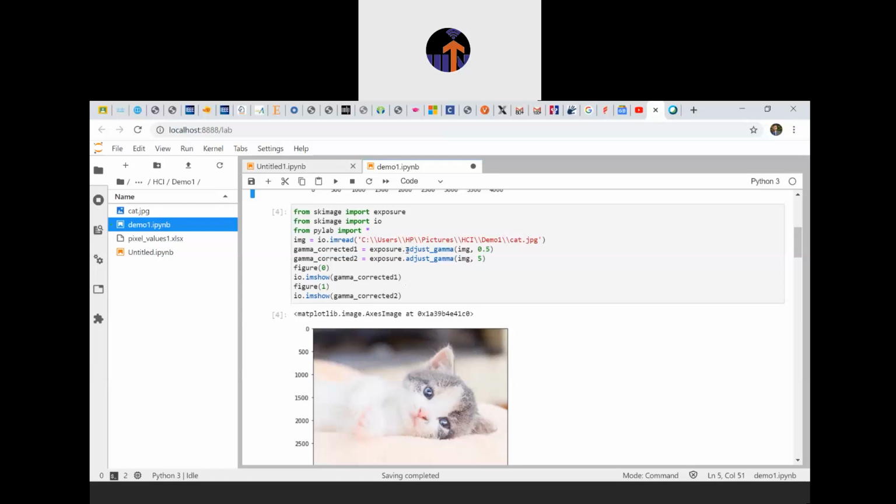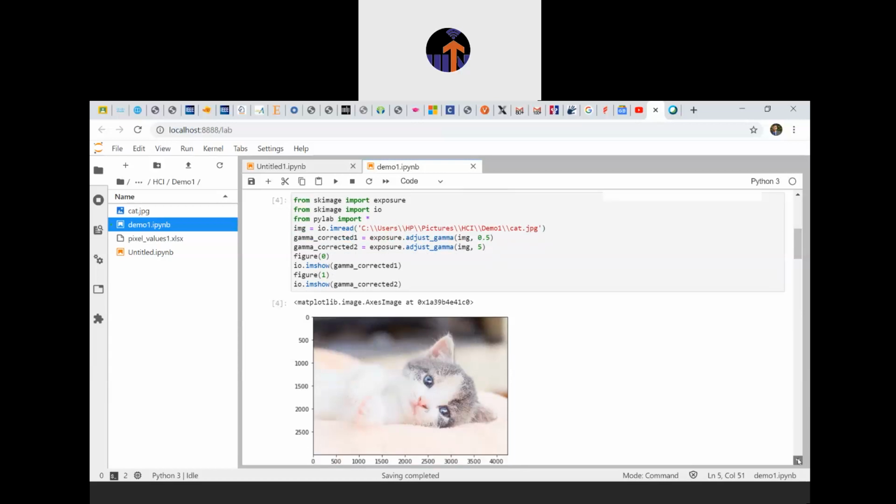After adjust_gamma, inside the parameters you have to pass the first object that is img, and the other one is the gamma value. This gamma value is used to maintain the brightness of an image. By default it is 1, but here I have taken 0.5. And when I run this command, this is my image.